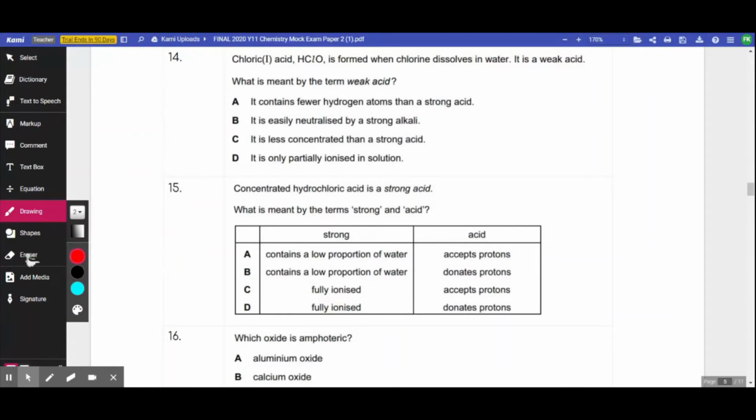So chloric(I) acid actually has a formula, and the first thing that you ought to do is make sure that you read the actual formula correctly. Don't mistake that HClO for something like HCl. Chloric acid, chloric(I) acid to be specific, is formed when chlorine dissolves in water, and it is a weak